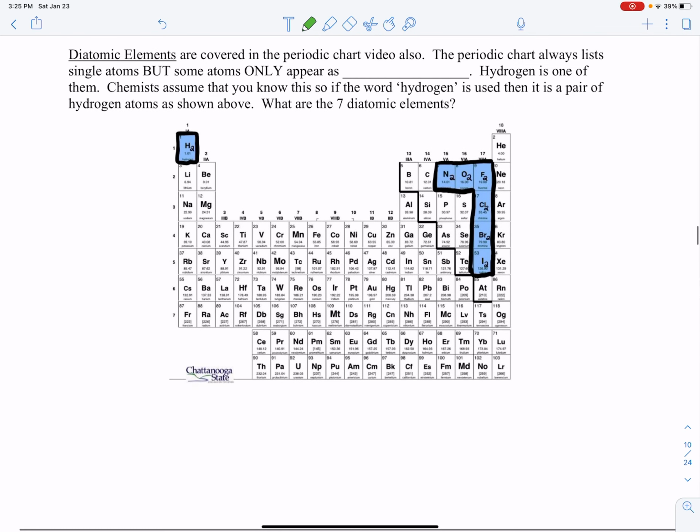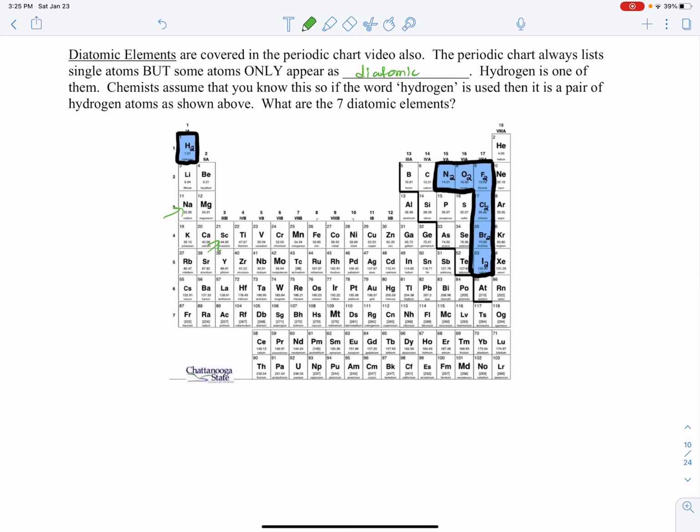Okay, so diatomic elements. These are also covered when we talk about the periodic chart, but the periodic chart always lists single atoms. So this is 1 sodium, this is 1 scandium. So it's all single, but some atoms will only appear as diatomic. There's a few that also like to be other numbers, but we are only expecting you to know the number